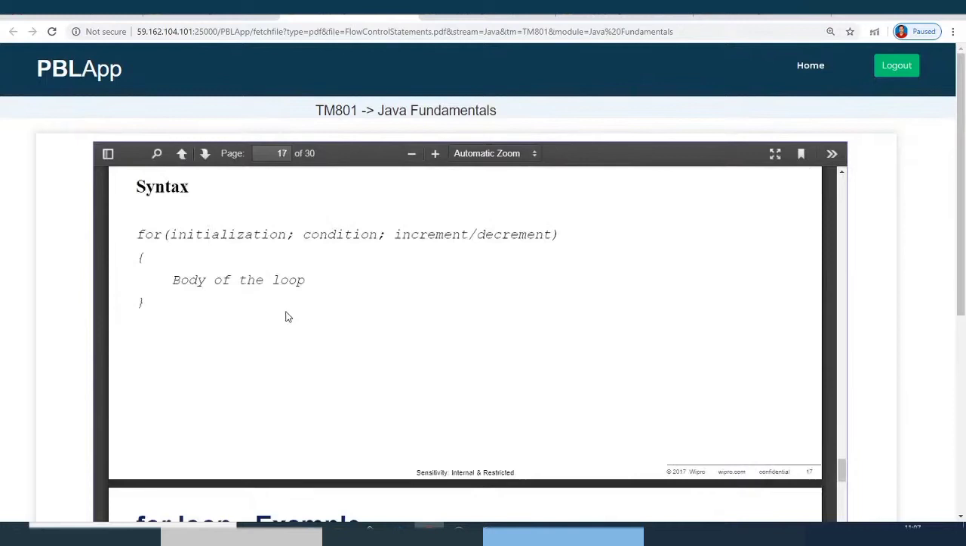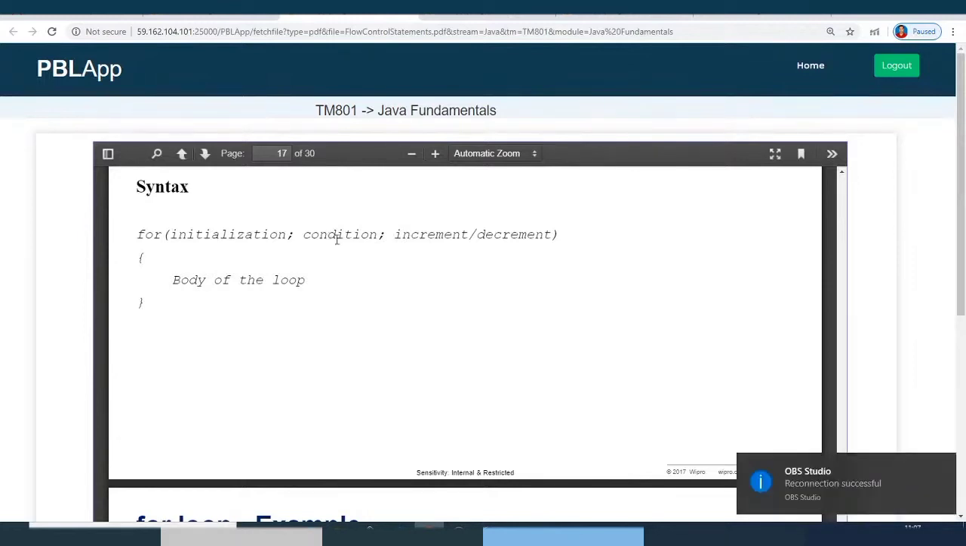Coming to for. Here you have three parts: initialization, condition, and increment or decrement. The first one is initialization, the second one is the condition, which will be evaluating to boolean. If the condition